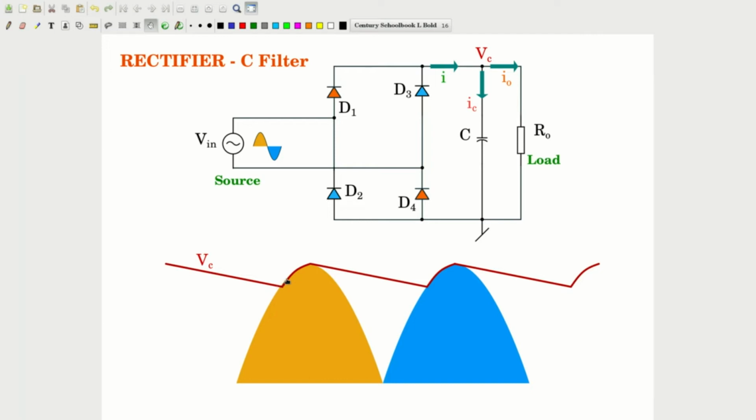Now, if you see, only during this portion we see conduction in the diode. Only during this portion we see conduction of the diode. So let us mark that off, and during that only we will see a current I flowing. So what should be the type of the current? The moment the diodes turn on at this point,